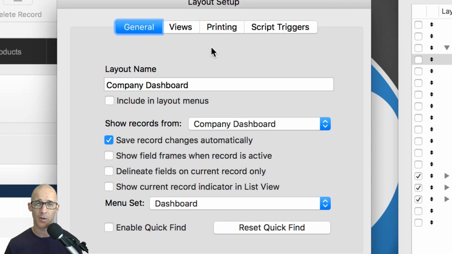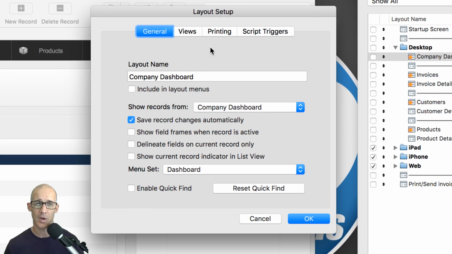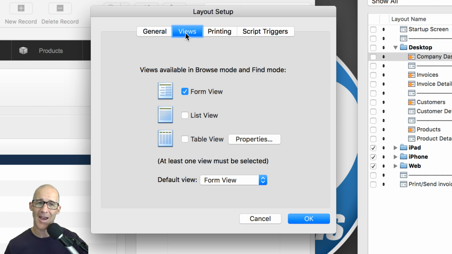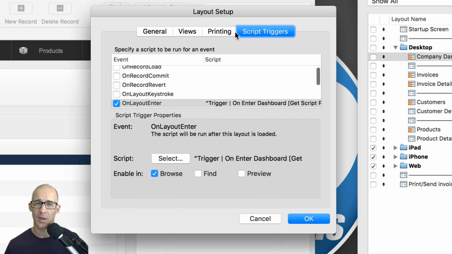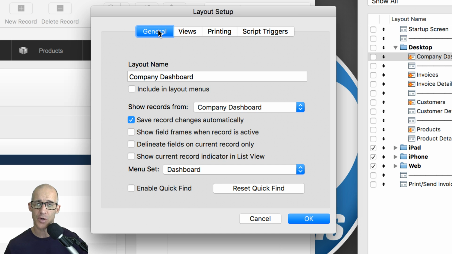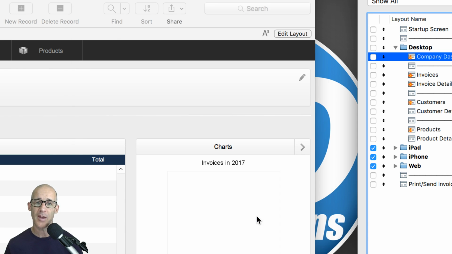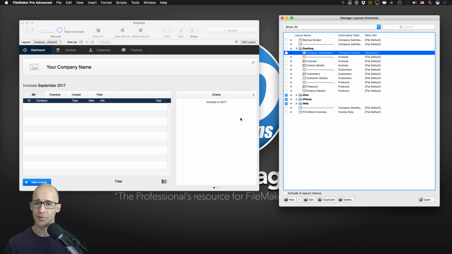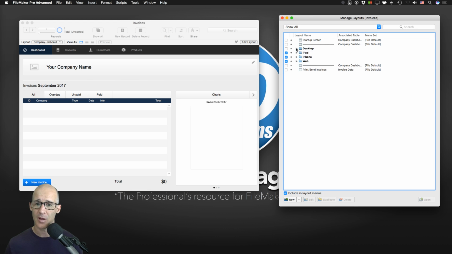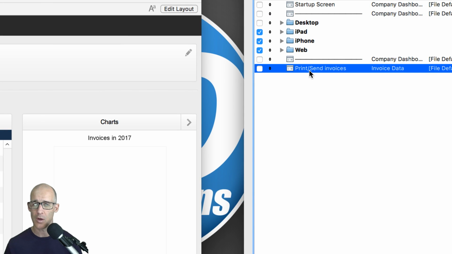Let me zoom here so that we can actually get this on screen. There we go. We will be going through all of these different aspects of layouts in another video, but I just wanted to show you how you can access this dialog. And the thing that I'm leaving you with in this video are what I consider to be the classes of layouts. Now, the classes of layouts, as I have found them working with FileMaker for well over a couple of